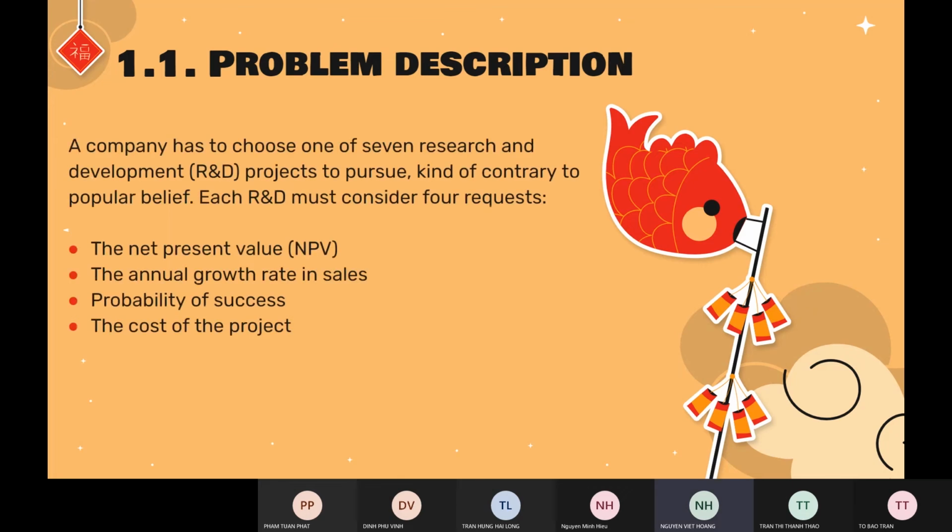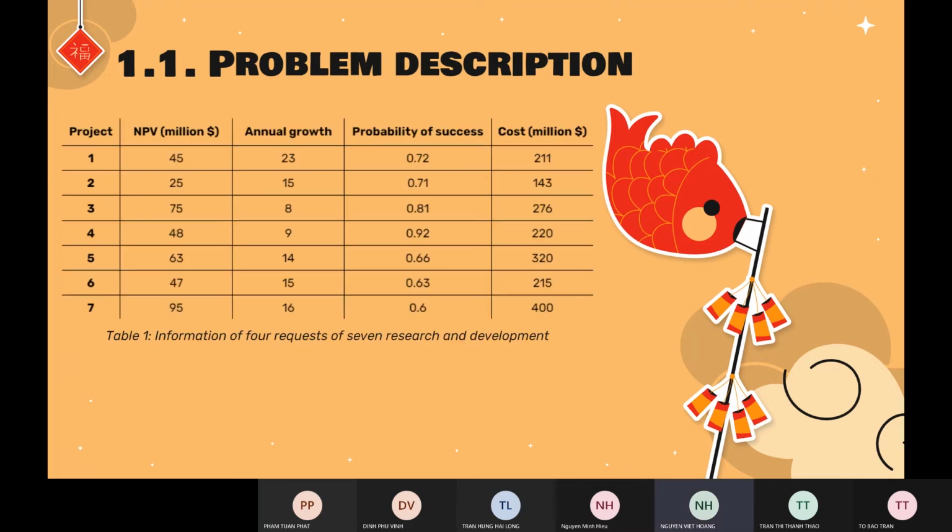About the problem description, a company has to choose one of 7 research and development (R&D) projects to pursue. Each R&D project must consider 4 characteristics: net present value (NPV), the annual growth rate in sales, probability of success, and the total cost. Next, this is about the data of the